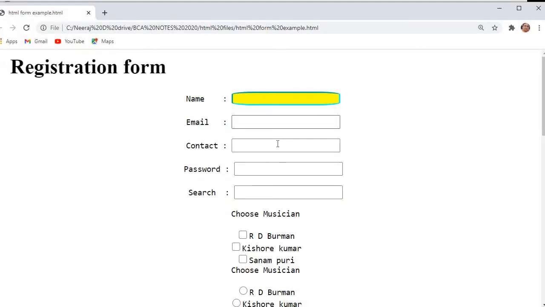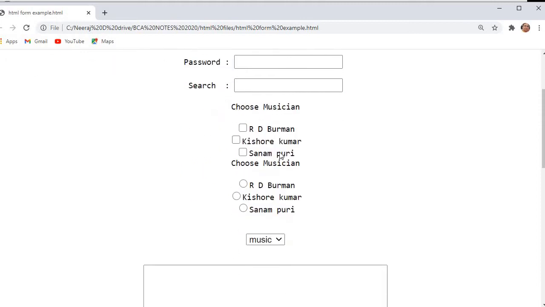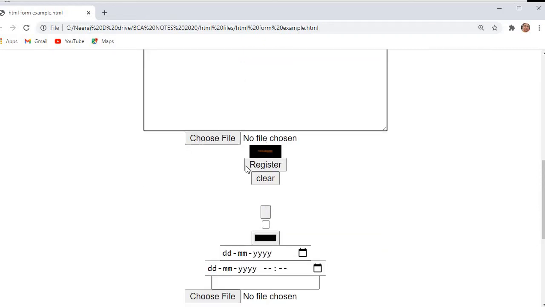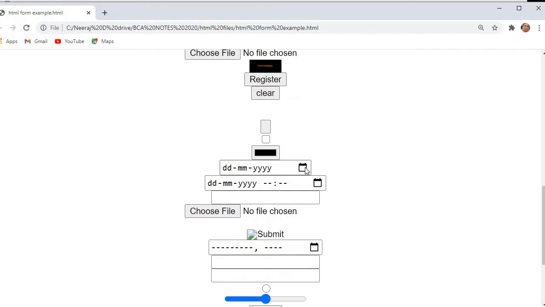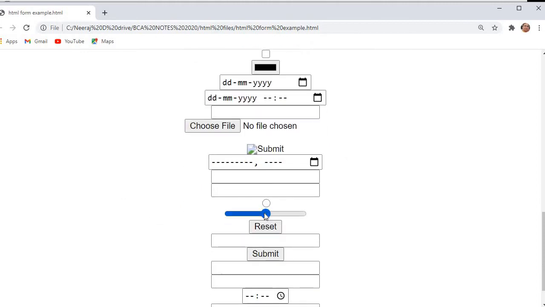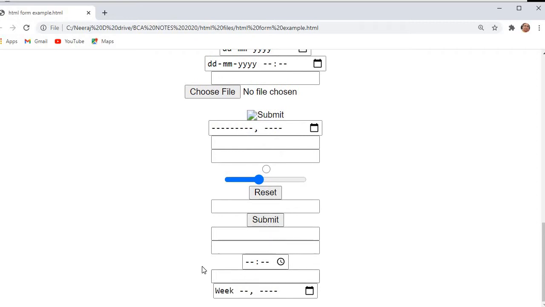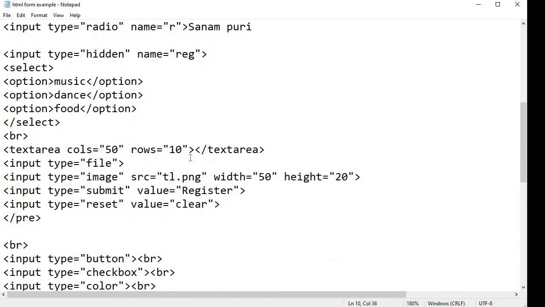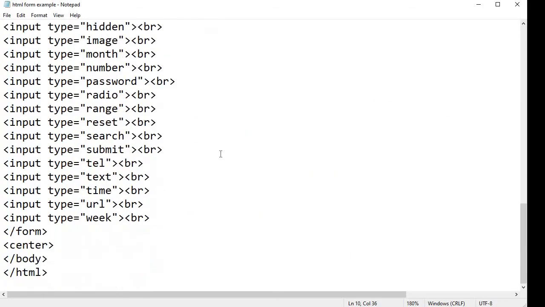We had created a text box. We had created checkboxes, radio buttons, this drop down list. We had created this text area, this choose file, the buttons, and we had added the date and time choose file. We had created this range, and then we had created the reset and other buttons. So let's continue today and let's talk about some important attributes that we use with